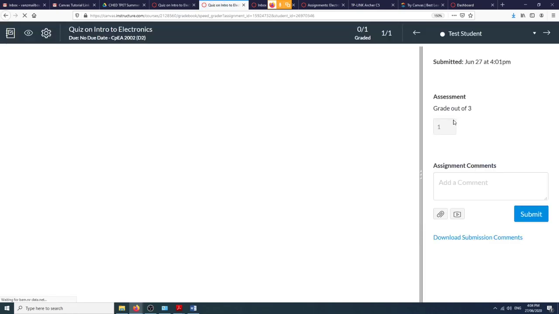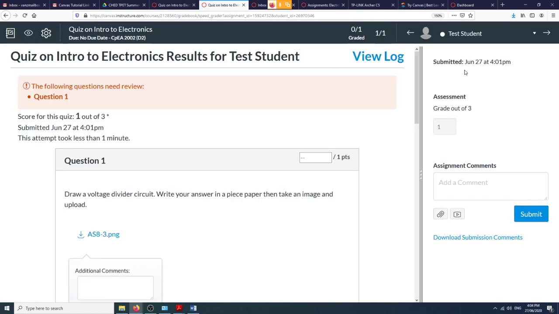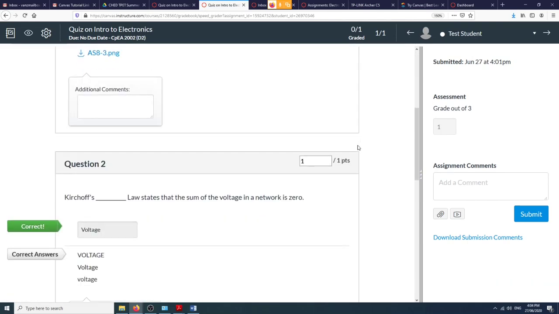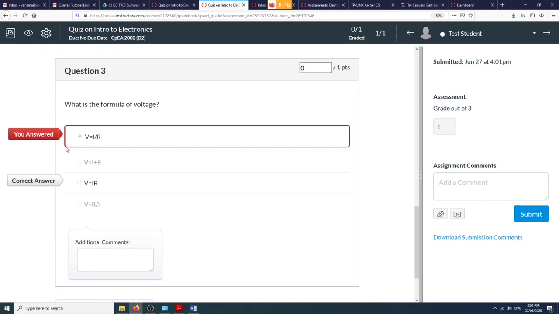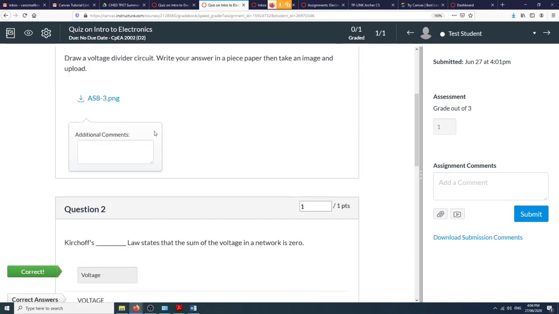And then, okay, we have the test student here. Monisha is the test student. This is the student view. And test student, this is the answer. Okay, so wrong siya sa question number 3, sakto siya sa question number 2, but I have to grade this